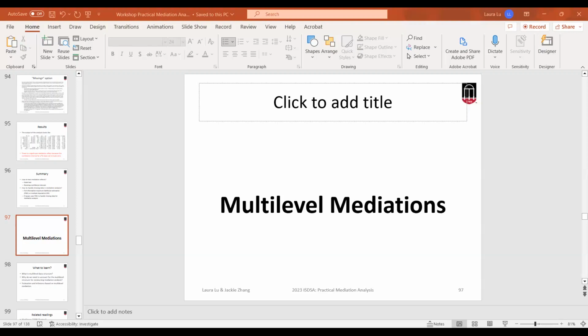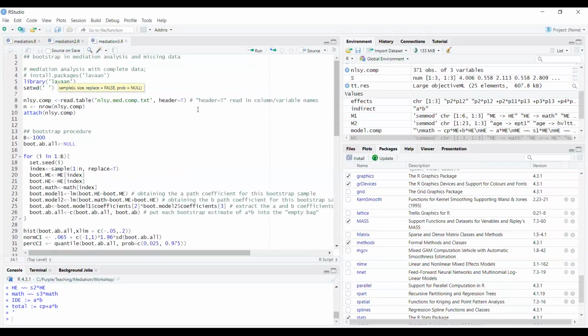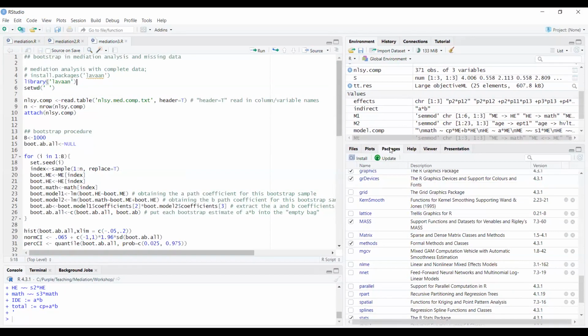Hi, Dr. Lu. Yes, yes. I think the slides. Is frozen, so I can just see the multi-level mediation slide. Yeah. Thank you. I forgot to change the share screen. Sorry. Yeah. So I'm sorry. So let's go to the RStudio. Yeah. Now can you see the code? Yes. Yes. The code? Okay. Great. I'm very sorry. I forgot to change the screen. So